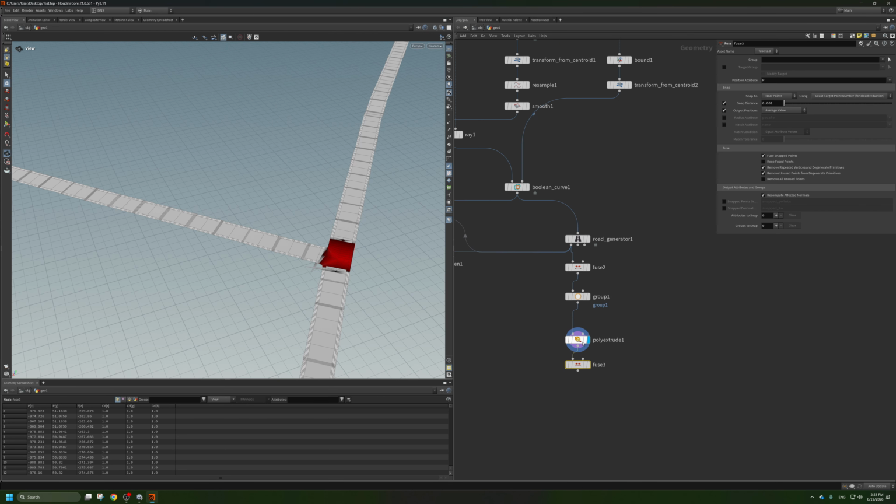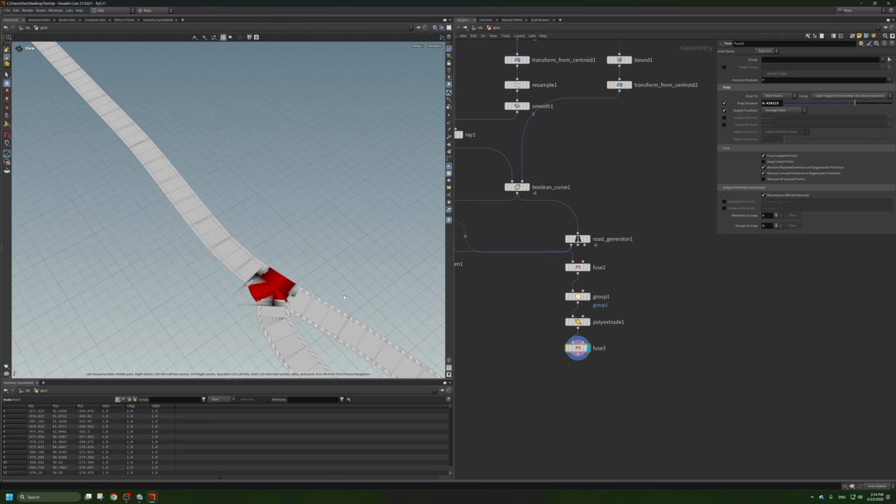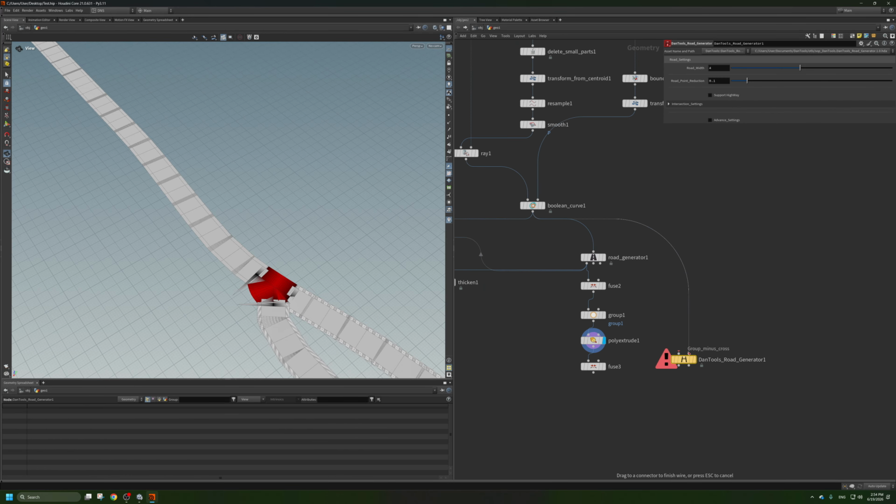But I highly recommend making your own road tools, or just buy one if it exists, because this is okay, but not great. Anyway, let's stay with this one for now, for this demo. You can see this one is very bad, and if you compare it to my road generation,